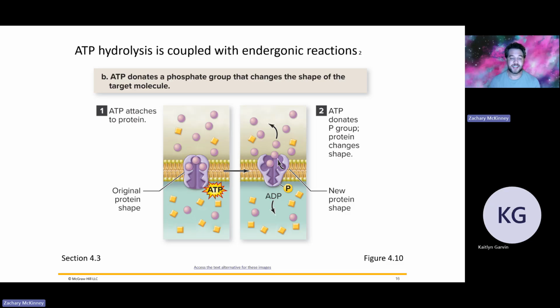Okay, so you see that you have molecules on the outside, and you want to get them to the inside. Well, they can cross through a transport pump. The original protein shape, right? You see that it's kind of open to the inside. It's got these molecules bound in here. Once this ATP binds, it adds its phosphate. That phosphate is going to change the shape of the transport pump, and then it's going to be able to